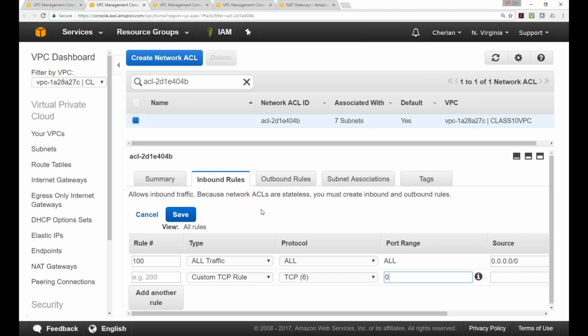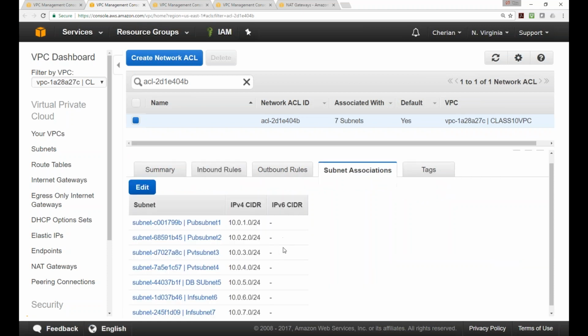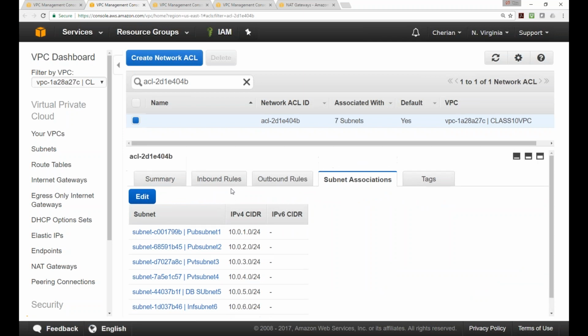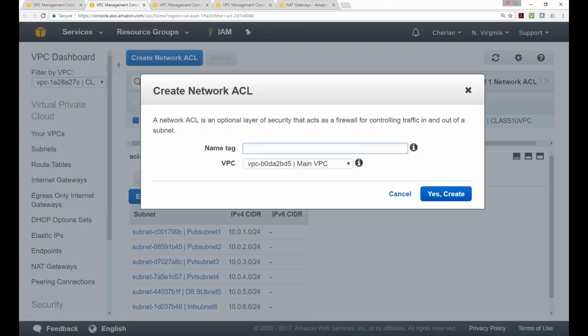But if you have an enterprise-wide decision that you want every subnet, every computer, to have a certain rule, then it makes sense to do that at a subnet level, so that the entire subnet will have that particular setting. Okay, so you can see that all these subnets in our VPC are having the one single NACL. But if you want, you can change them. If you have a particular need, you can create your own network access control list. You can create something like test,